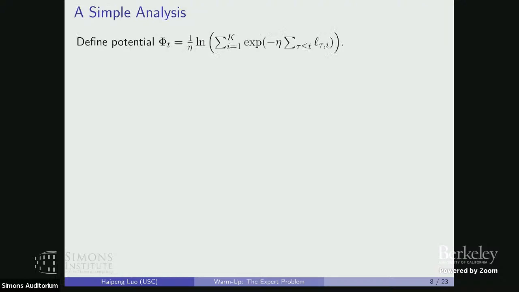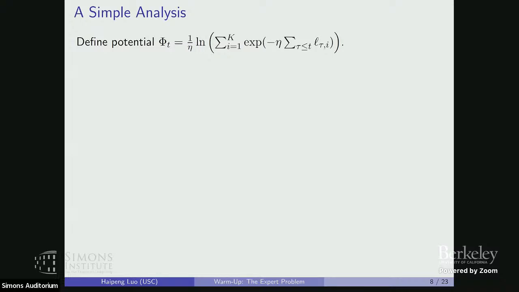Right. So that's the algorithm. Now let me just give you a very simple analysis, just one page. We're going to do this potential-based analysis. I'm going to define the potential phi t in this way. It looks complicated, but notice that this summation is nothing but the normalization factor in the definition of